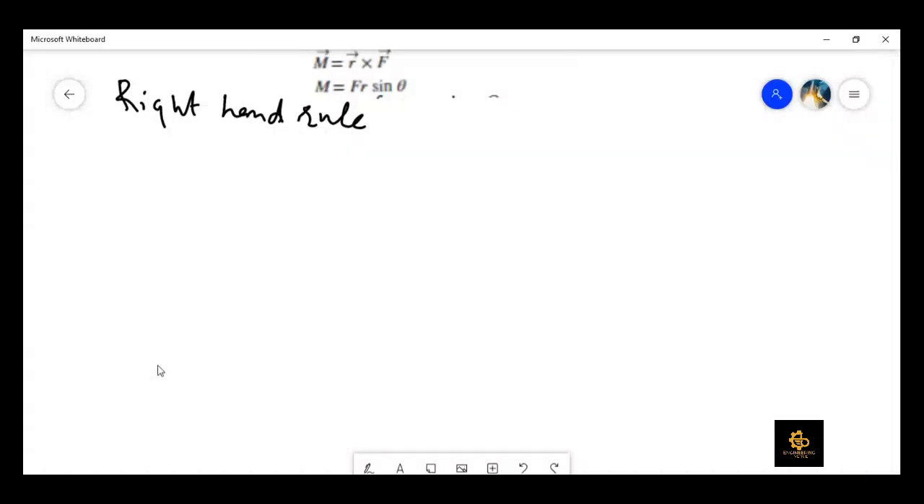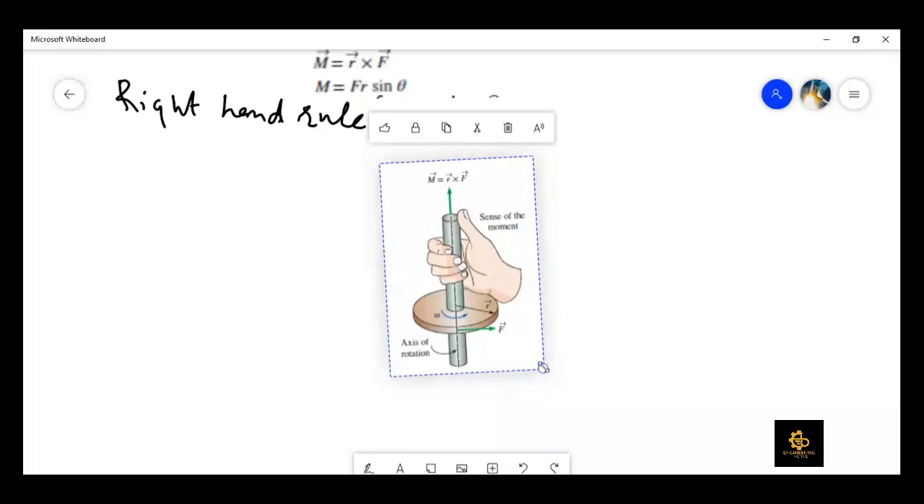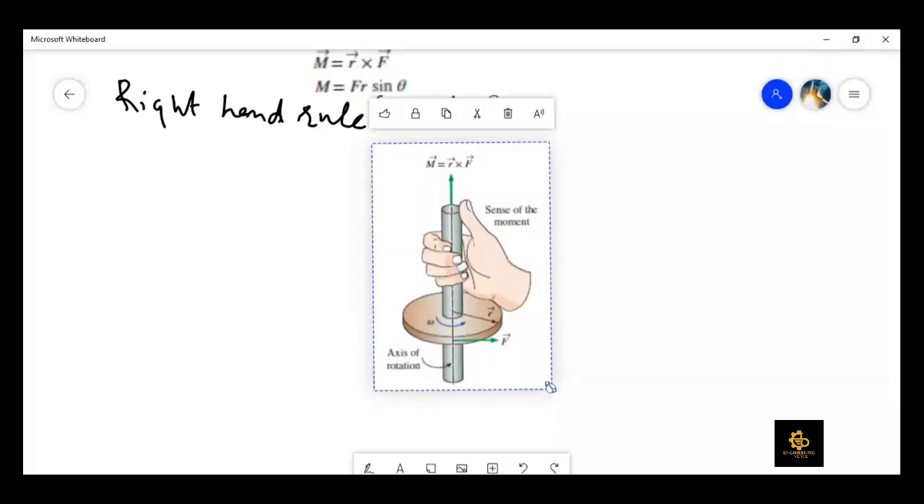So I hope that you're coming across this right hand rule. It gives you the sense of movement, in which direction we are talking, because here it is anti-clockwise. So when we have anti-clockwise motion, then we say that the torque is in the positive direction. But if it is